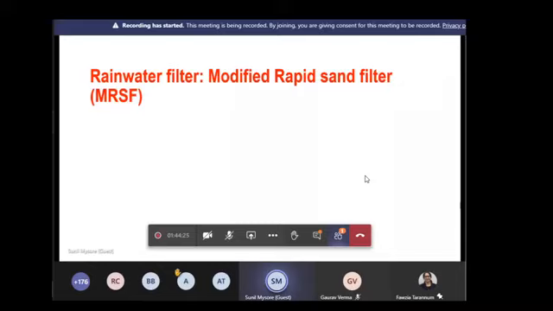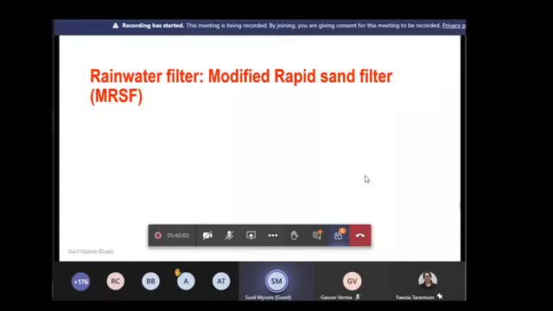The one thing I'm going to talk to you about today is what I call a modified rapid sand filter, because it's slightly modified from the original design of a rapid sand filter, which is essentially a very old concept. I personally don't believe in the cartridge filter, so I'm not going to talk about it. But today I'm going to talk mostly about the modified sand filter and its design. And mind you, I never told you what should be the volume of the first-flush separator and the settling time, and nobody asked it also, so I'm going to stress upon the filter and how to size those kinds of systems.